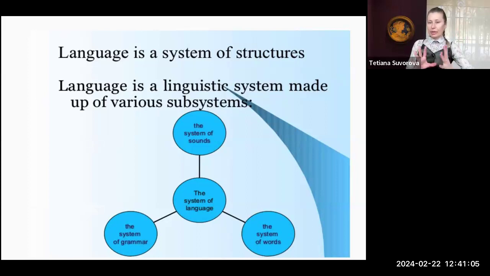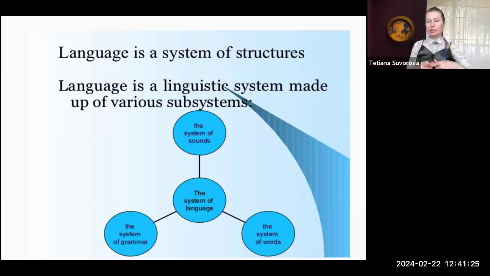It is some number of items that are connected between each other somehow, and that is why if they are connected and can be classified, we can group these items, these units, and we can see the structure of the